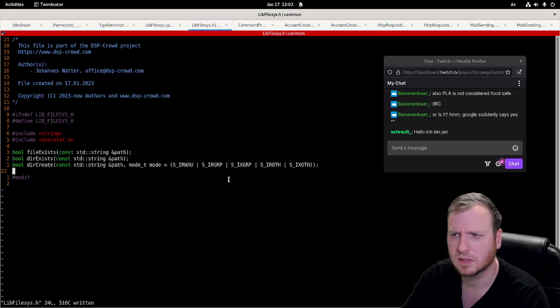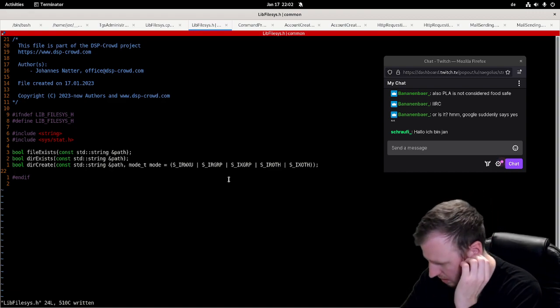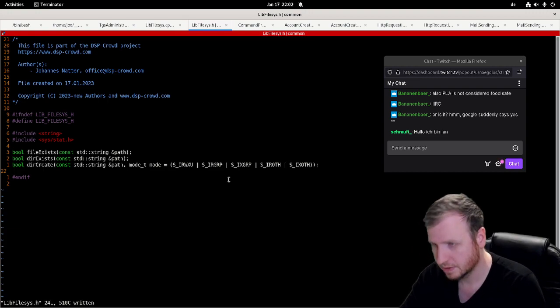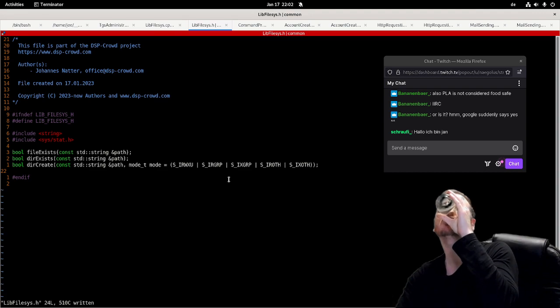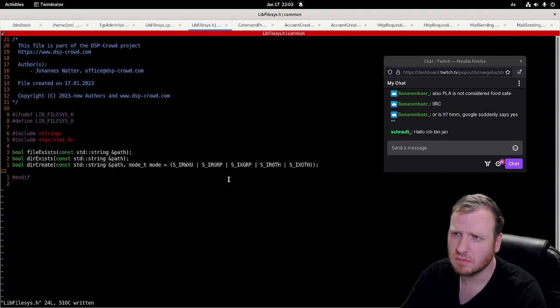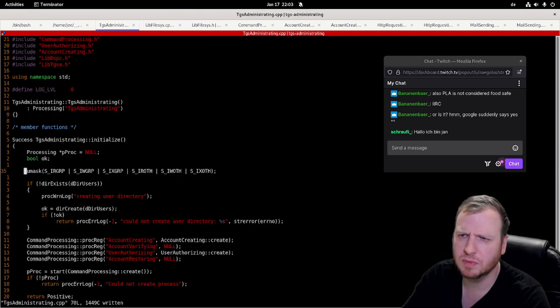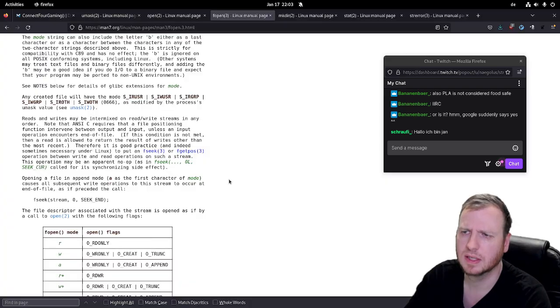Read and execute is the default one. Yes, okay. The umask should have 6 entries. Yes. Group, read, write, execute. Others, read, write, execute. And